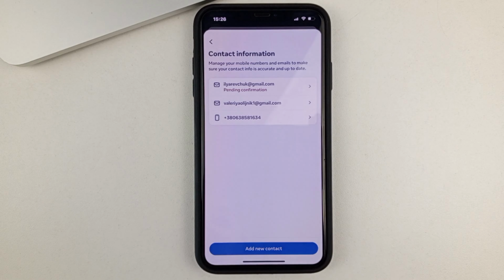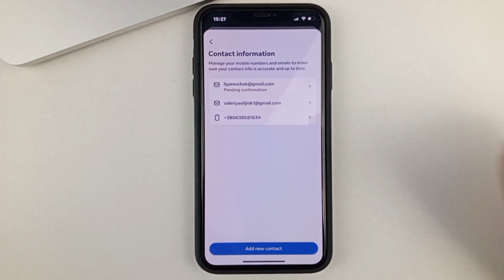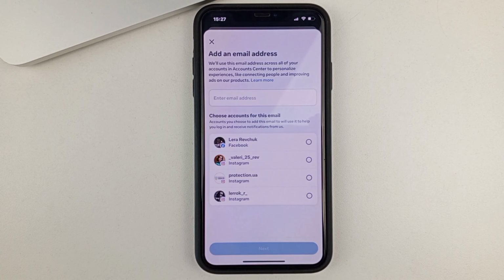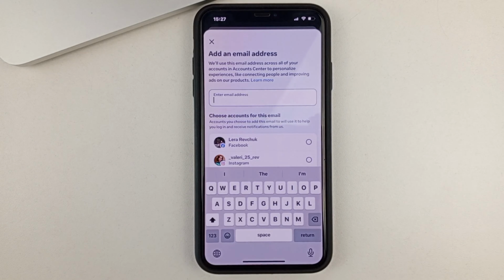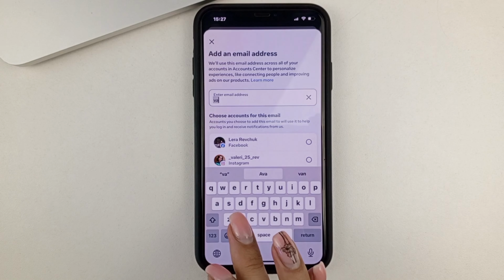Next, in order to change the email address, first we'll need to add a new email. We click on Add New Contact and select Email. And now in this line, we will need to enter our new email address.